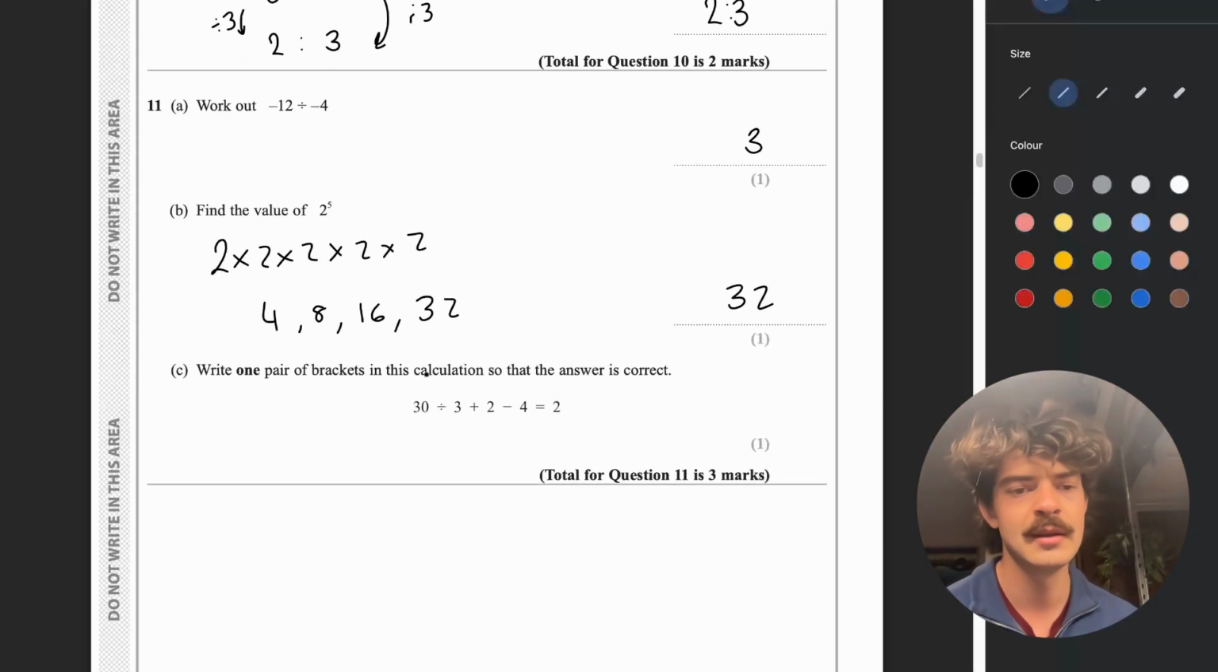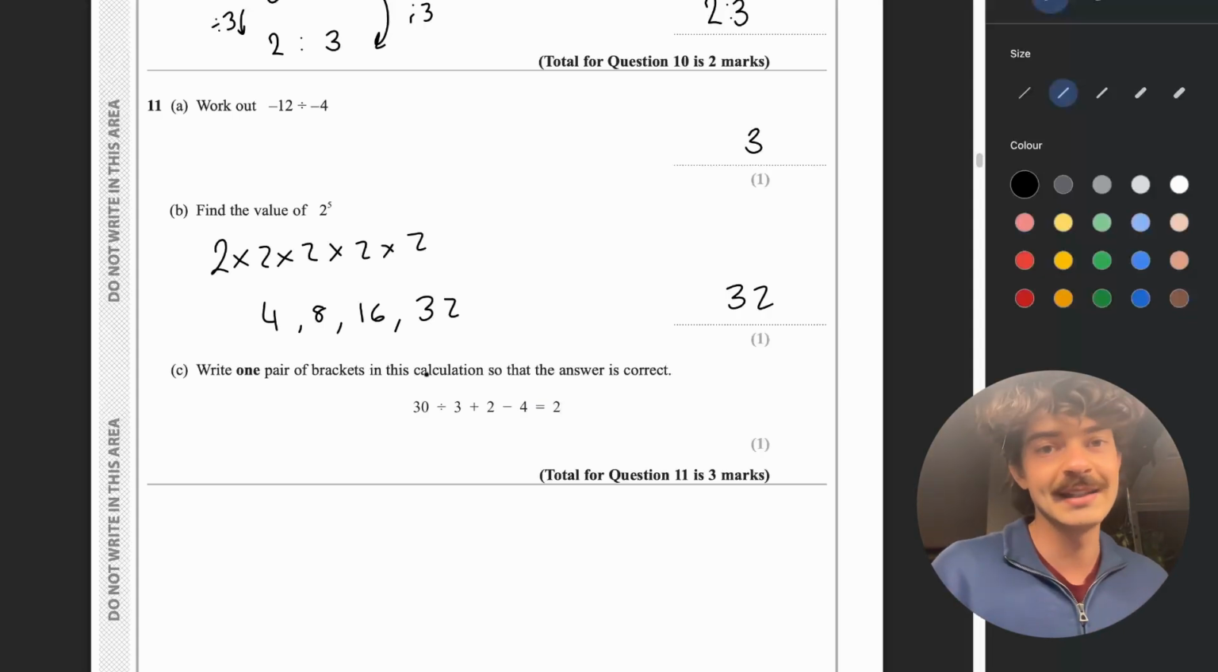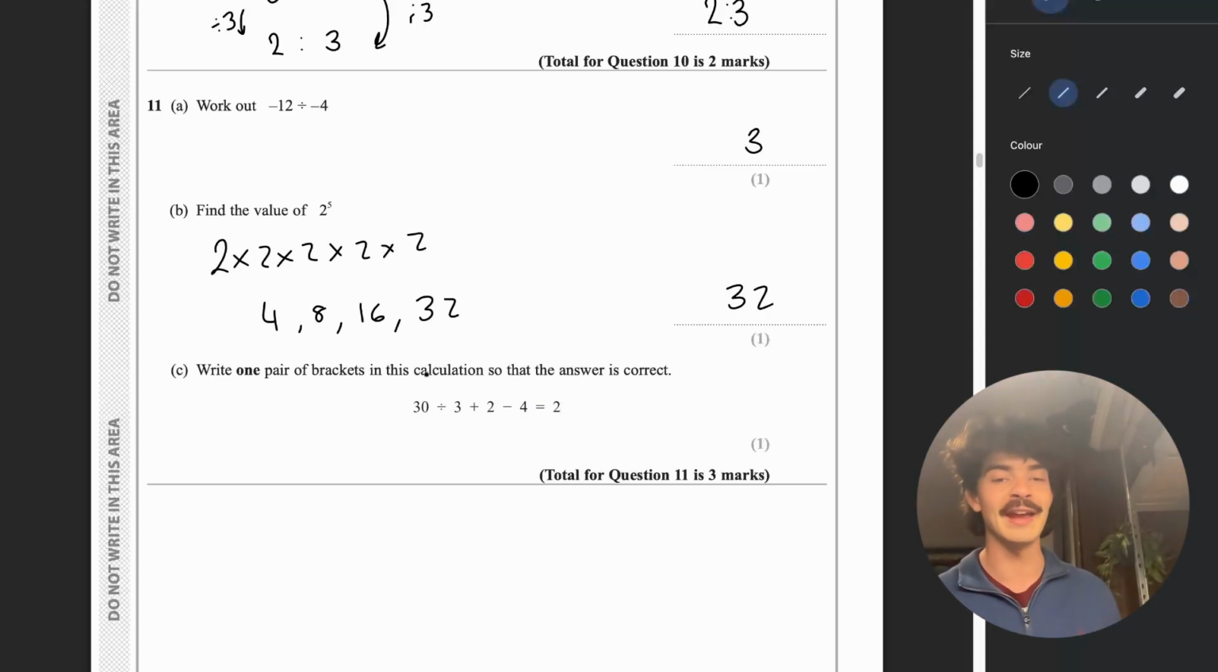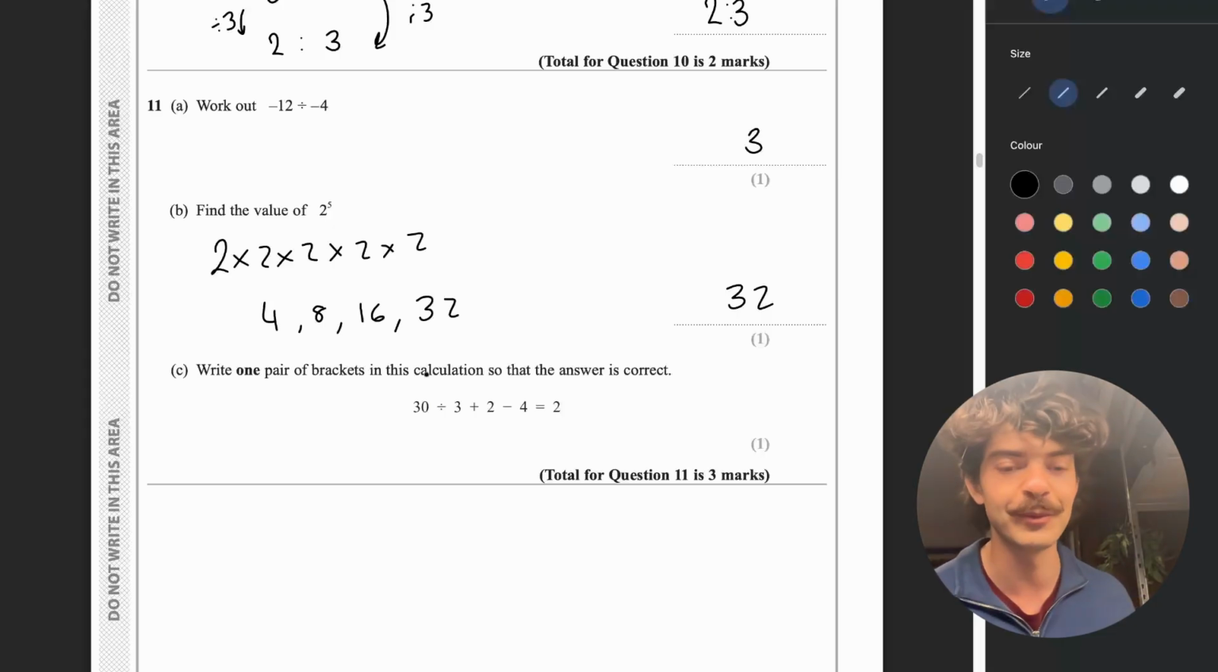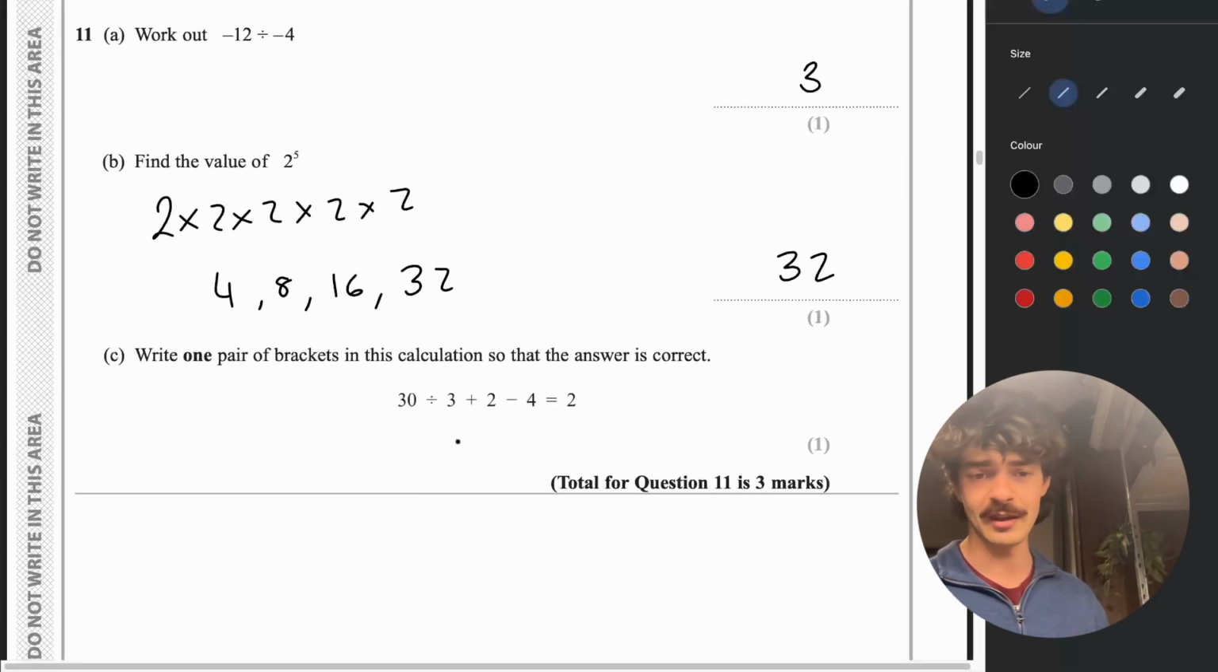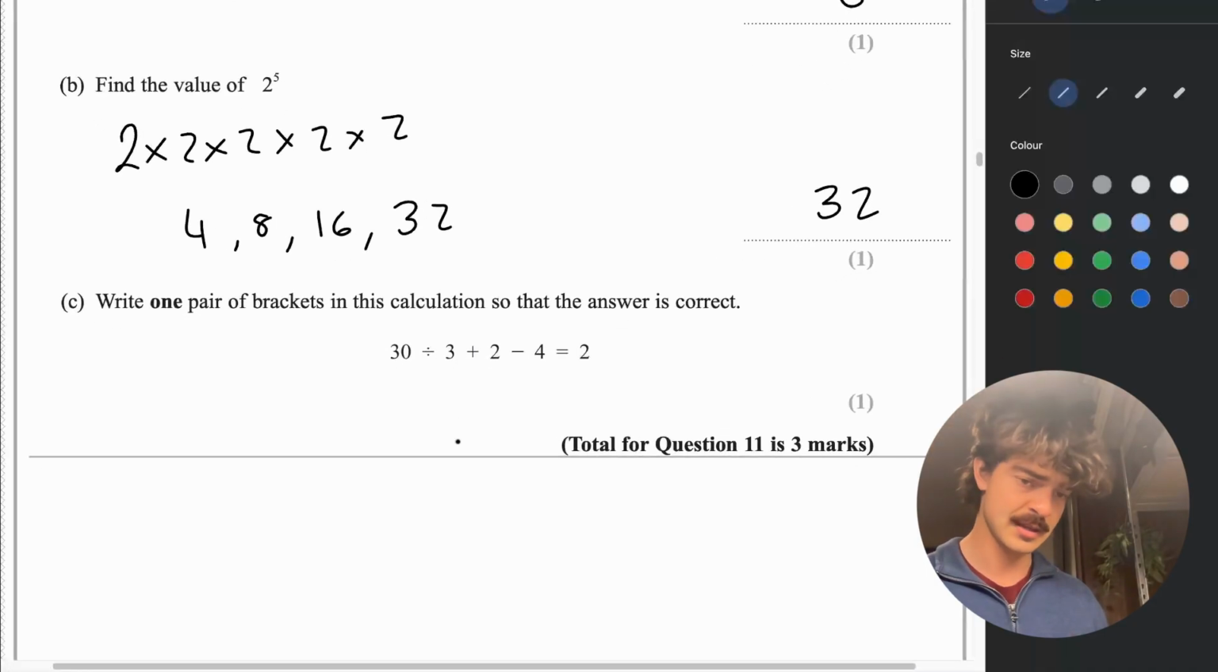And last but not least, write one pair of brackets in this calculation so that the answer is correct. So here we've got something that's being dictated by BIDMAS, and we want to get in the way of BIDMAS. We want to control it so that we get our right answer. So maybe let's start by just running through this and seeing what we get in accordance to BIDMAS. So BIDMAS